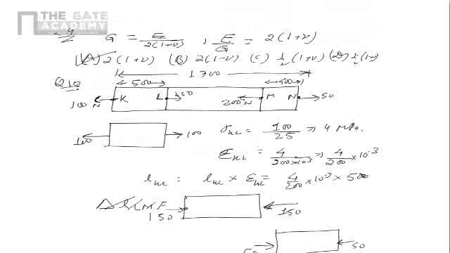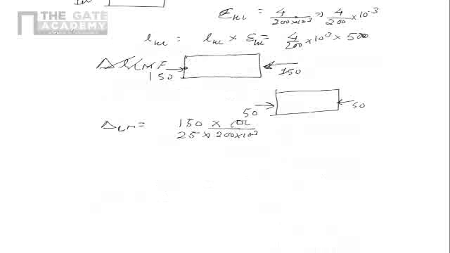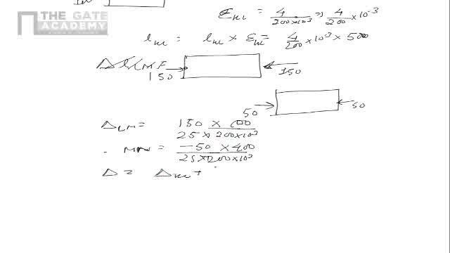So that is equal to 800. And similarly delta MN is equal to the force in that, which is minus 50, divided by 25 divided by E. E is same for all of them, into length, which is 400. So now total change is delta KL plus delta LM plus delta MN, which is nothing